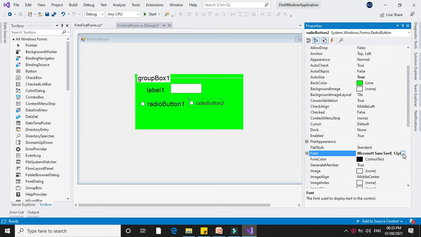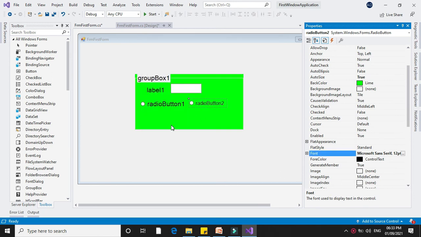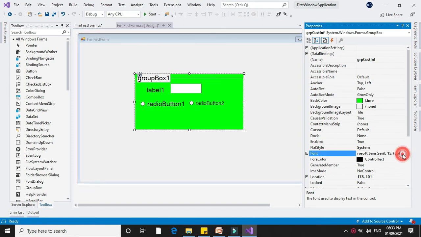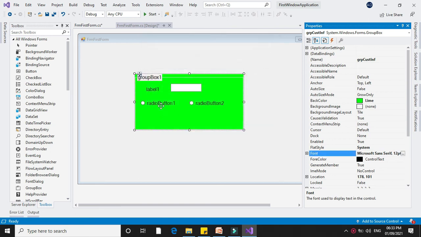If you want to change the font of an individual control, you select it and then change it. Or by default, it will take the group box control's font. If I change here, the controls' font size is changed.